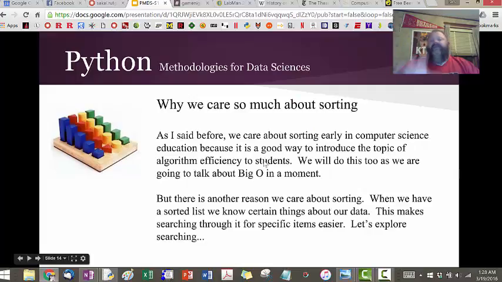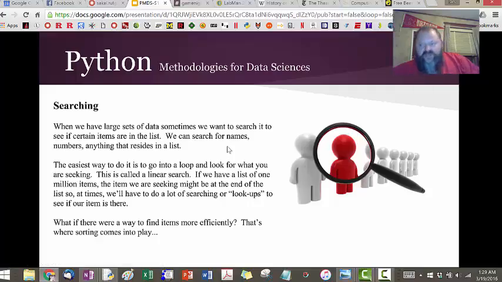Now, I just said the reason we care about sorting is because as young computer science students, we want to learn about the efficiency of algorithms. But the other reason we care about sorting is because we really, really, really need sorted data. And the reason we need sorted data, you're about to see, is because it makes our life incredibly easy. And it's a good thing and touches upon some data science concepts. The more things we know about our data, the more informed we're going to be about how to attack learning things from our data. And you'll see just now, as we look at searching,